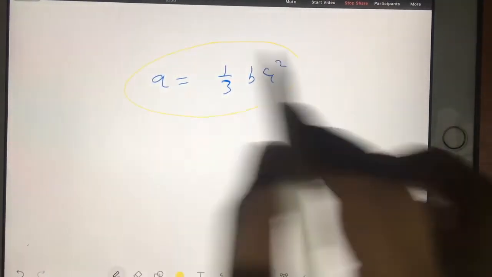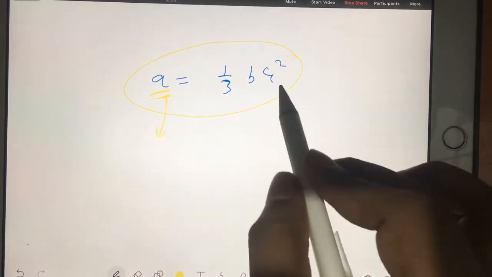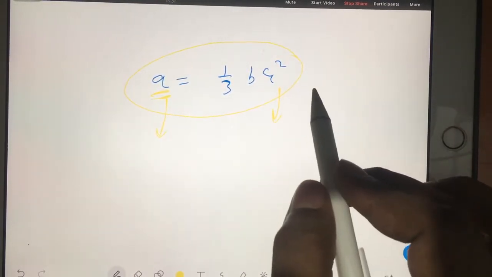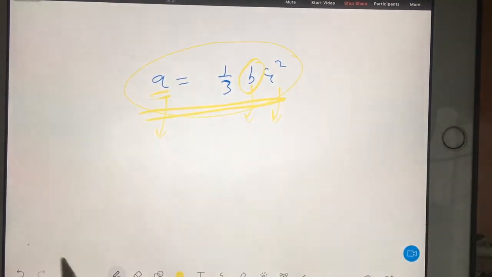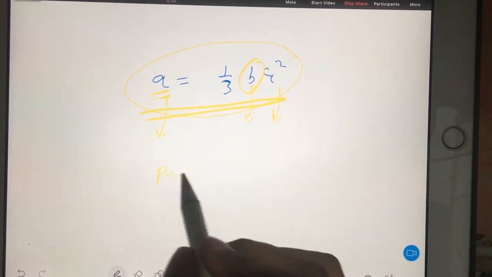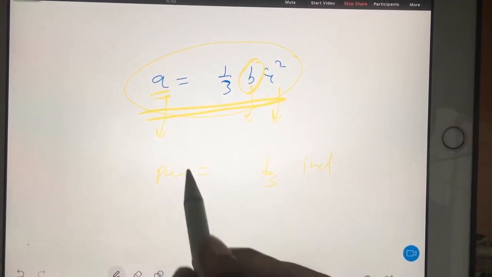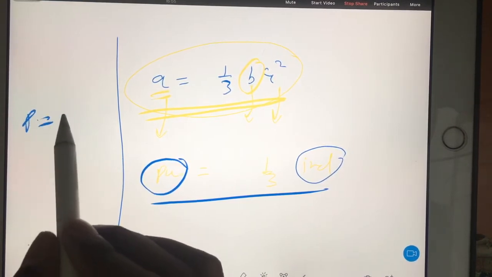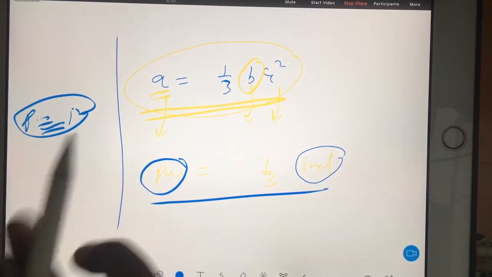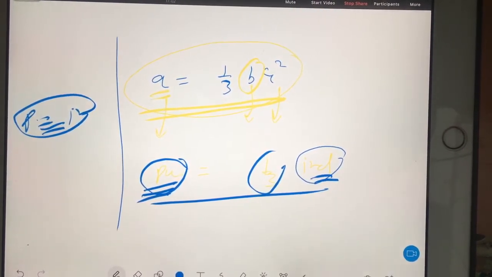This is nothing but parasite drag, and this will give you the induced drag coefficient. So from this you are achieving one idea: your parasite drag will be equal to 1/3 times the induced drag. So if you have achieved the relation between parasite drag and induced drag, see, in the case of the minimum drag condition, parasite drag was exactly equal to induced drag, because they got the same coordinate. But here your parasite drag is 1/3 of induced drag.